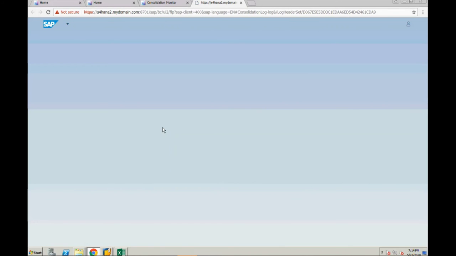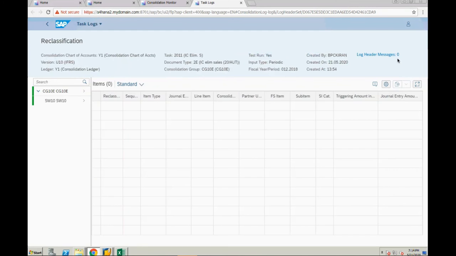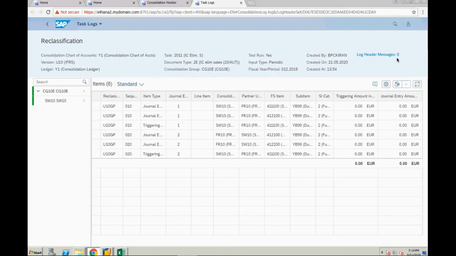update. Hey, Kiran. Hi, question. How can you control security, for example, if the Europe controller wants to execute their data and control that, and then the America controller has to do it independently? Can you separate it into two environments of the consolidation monitor to do that or no?